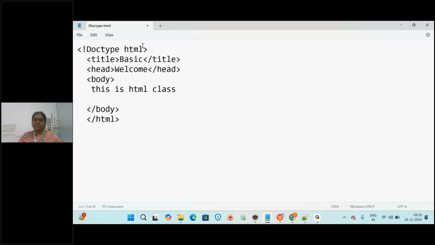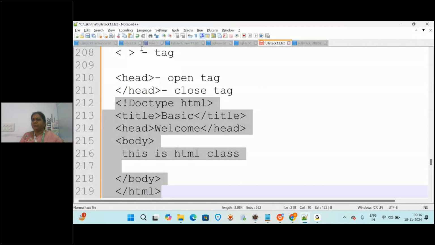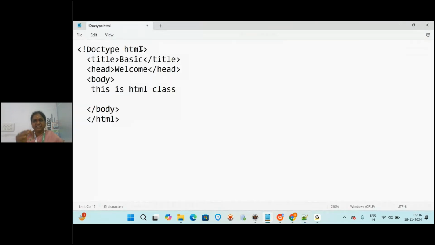Some information is already there, and you are providing additional information about a particular tag. Already you are telling this is HTML you are writing, but you are additionally telling this document is of type HTML page. Clear everyone? If you want to mention that, you write doctype. Otherwise also it won't give you any error. It is just a syntax you can follow.